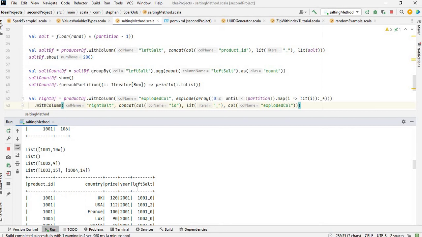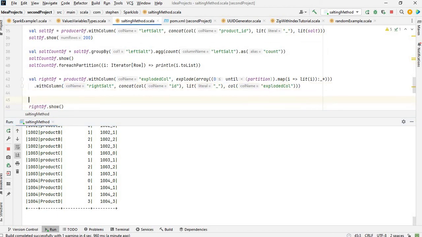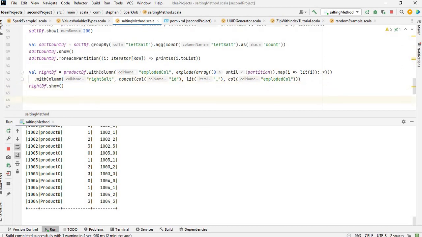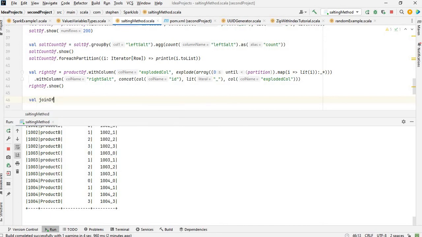So that means we're going to join the two data frames where left sort equals right sort. So the data will be more evenly distributed then. So let's say, what should I call it, by join df2 equal to